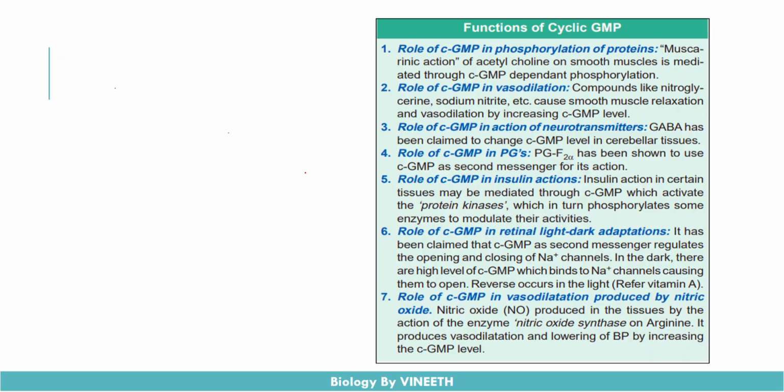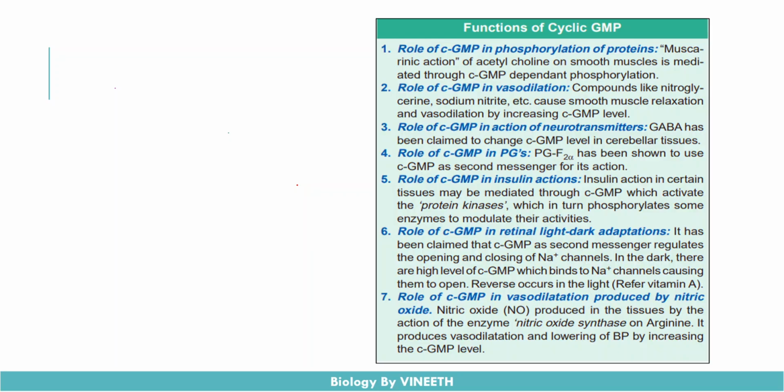Okay, and cGMP is also involved in vasodilating the smooth muscle cells. Okay, relaxation of the smooth muscle cells is done by the cGMP, and the level of cGMP is raised by certain types of compounds called nitroglycerin or sodium nitrate. Okay, so this nitroglycerin and sodium nitrate actually increase the cGMP levels around the smooth muscles, and that causes the smooth muscle to relax. Okay, so the major role of the cyclic GMP is to relax the smooth muscles or to vasodilate the smooth muscles,